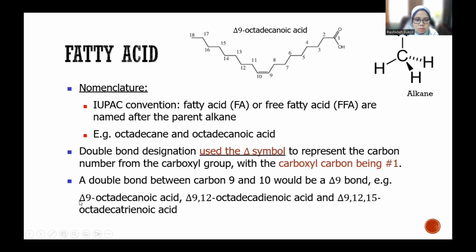If it is delta 9, 12 octadecanoic acid, the double bonds are at number 9 and number 12. If it is delta 9, 12, 15, it will have them at 9, 12, and 15. So the nomenclature is like that. That is one of the nomenclatures that some people use to name